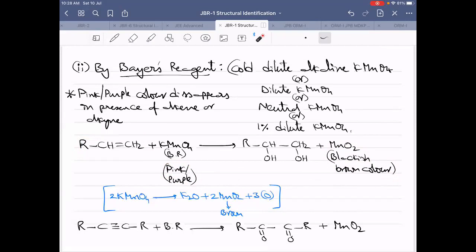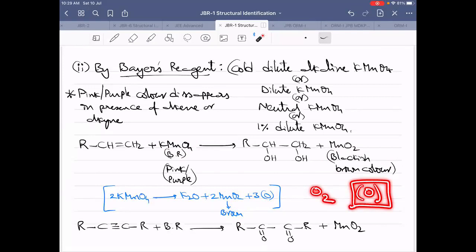alkyne, or cycloalkene, etc. And what the actual reaction is, I have given here. You see, whatever permanganate is there, that will split into K2O, potassium oxide, then MnO2, which is the blackish brown colored compound, and three oxygen atoms, nascent oxygen we call it. Oxygen will actually exist as an O2 molecule, in the form of a diatomic molecule. But if you are making an oxygen atom exist, then this is what is called the atomic state. It is called nascent atom, nascent oxygen atom.